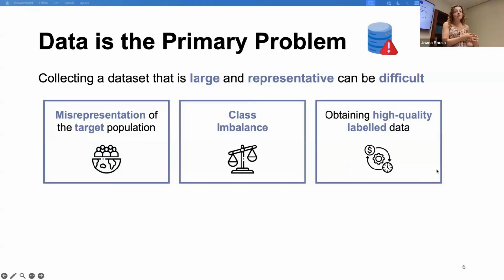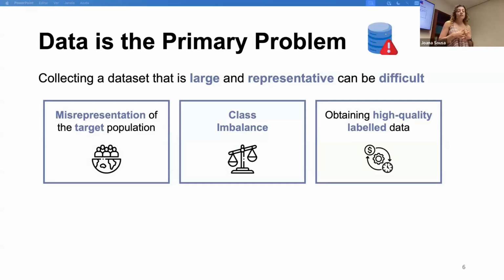Collecting a data set that is large and representative can be difficult. We can have misrepresentation of the target population, and this condition to some extent can be natural, taking into account that some of these data sets are a result of a specific data collection in a certain region of a specific country under specific conditions. Then we also have class imbalance, which once again can be a natural problem.